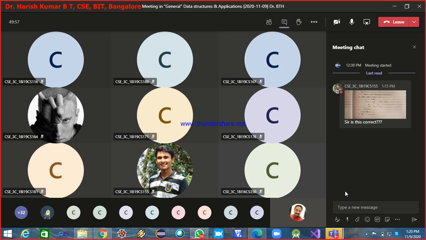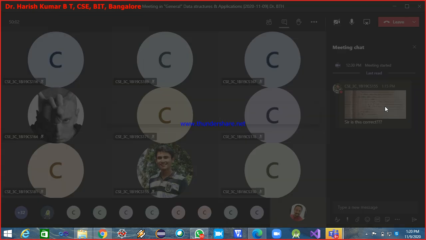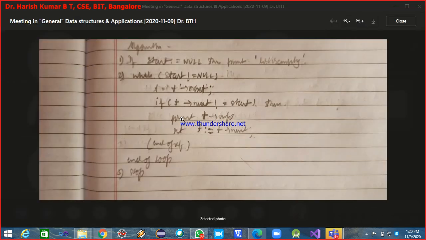Okay, there is one response. Is this correct? Let me check. Start null, then print list empty, while start not equal to null. t is equal to t arrow next.